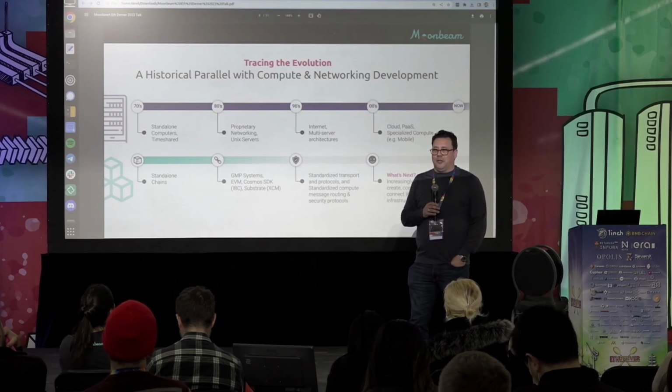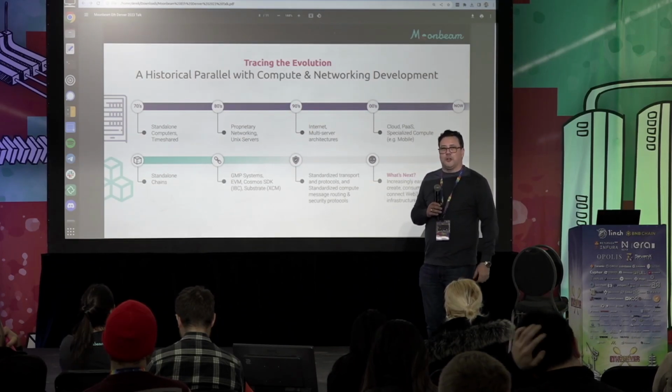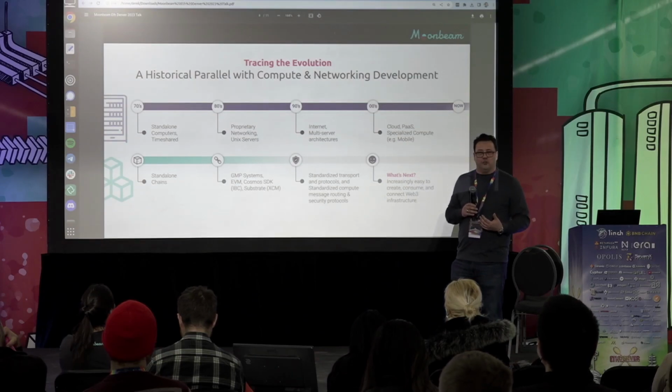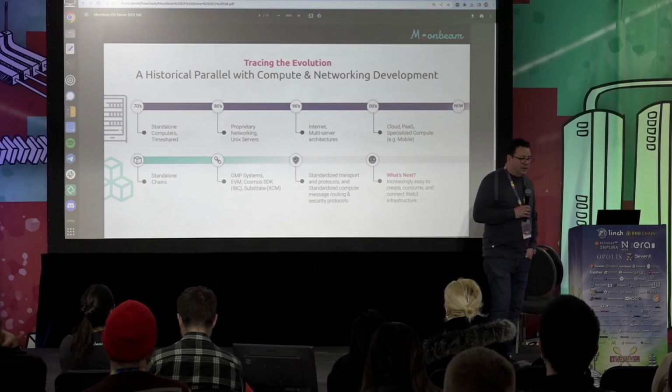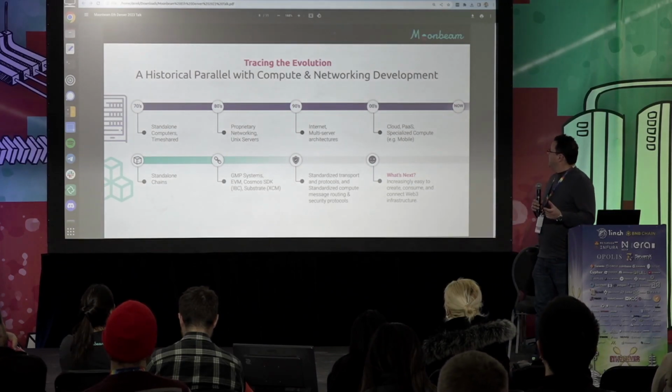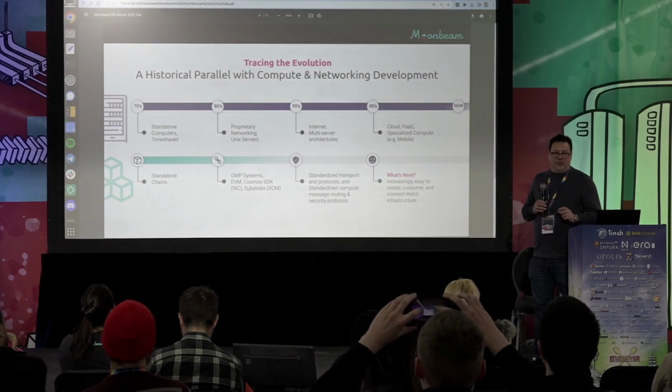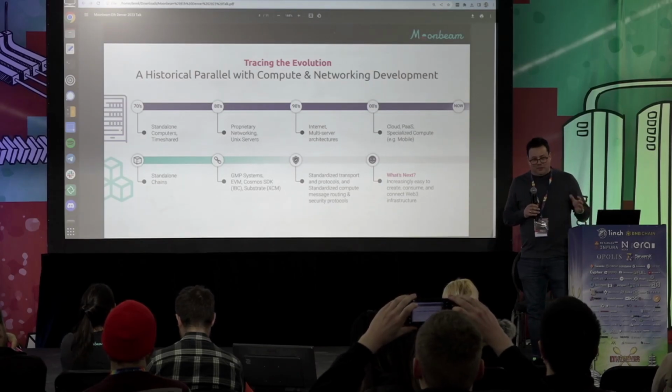I think that moving to a more cloud-like experience, just like happened in Web 2, is likely to happen here, where it's ever easier to create these specialized blockchains, and ever easier for the developer to consume those resources. I expect that to be the way things evolve. The old saying is that history doesn't repeat, but it rhymes. There are some patterns that are similar.